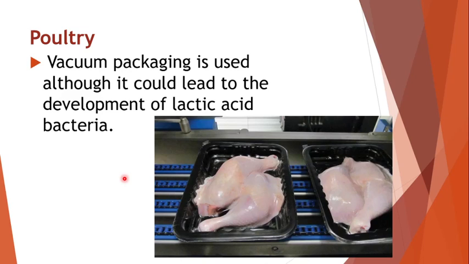One example, you could use MAP, which has been discussed in the red meat section, and you could also use vacuum packaging. However, since we're removing the oxygen, we're turning the environment into an anaerobic environment, and we all know now that lactic acid bacteria usually grow in anaerobic environments. So that's what happens here. Okay, just as a consideration,